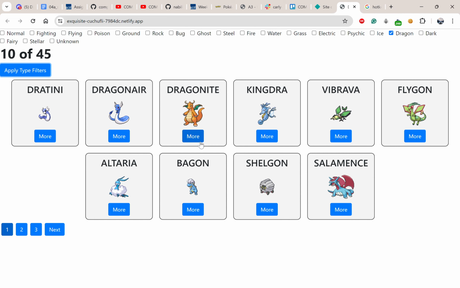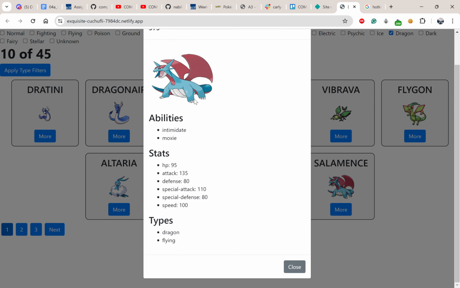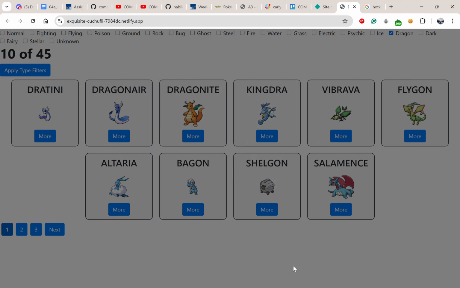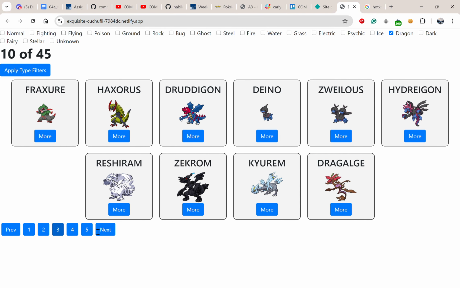The same functionality applies here. If we click on one of the modals, we can see the image of the Pokemon as well as the name, the number, and the type. As we can see, it's a dragon type, which is correct. And that's about it. If we shift over to the pages, as we move forward,